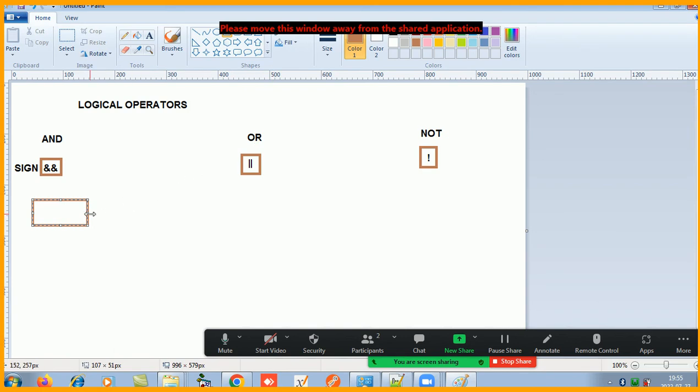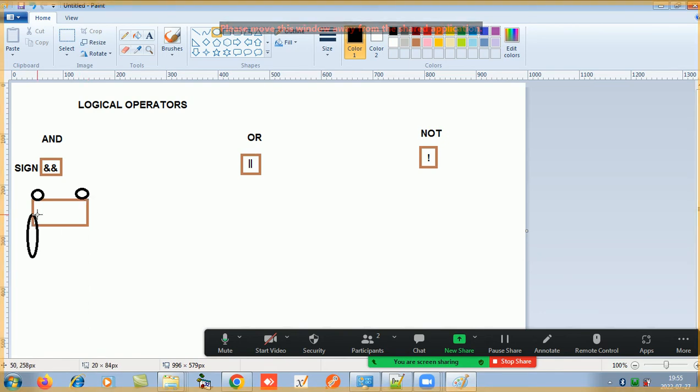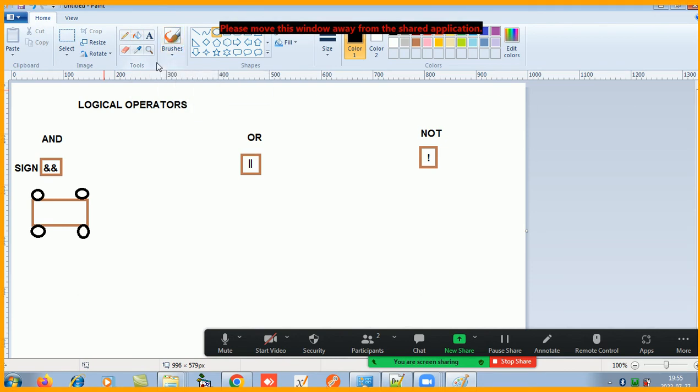So now this is your car. How many wheels is your car having? 4. Now if one tire is punctured, will your car move ahead? No, it can't. So what is the rule? All the 4 should have air pressure. If one tire is flat, if one tire is not having air,